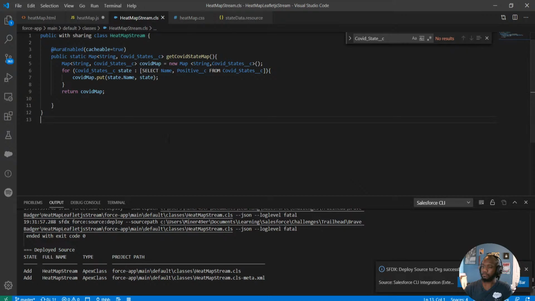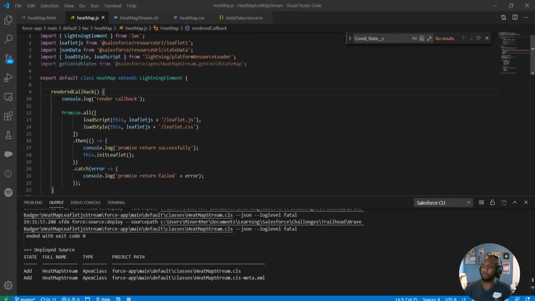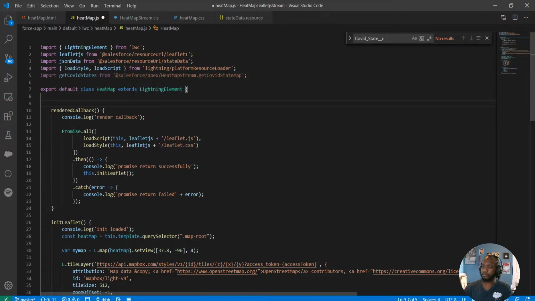Okay, cool. So that is now deployed. We now have this method, and we can now access that method inside of our Lightning Web Component, so that works out great. But just because we can access it doesn't mean it's all going to work. We need to do some setup to actually call it properly and get the values out of there. So what this gives us the ability to do is things like get COVID states,